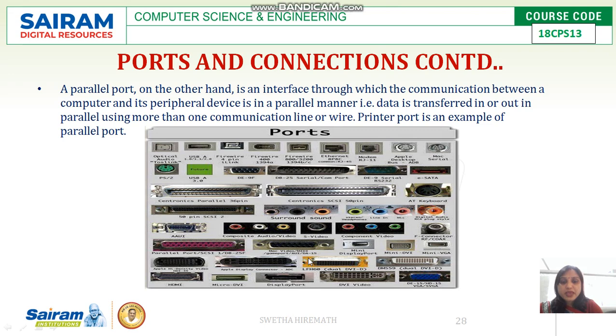The main thing we have to know is that there are two different types of ports used, serial port and parallel port, in order to make the connections between the different peripheral devices. If you want to connect to the network, Ethernet connections or LAN connections, modem connections, firewall connections, everything will be made with the ports only. There will be a port, and we have to insert that cable along with the other device which you want to connect. Like this the connection will be made between the computer system and the peripheral devices.